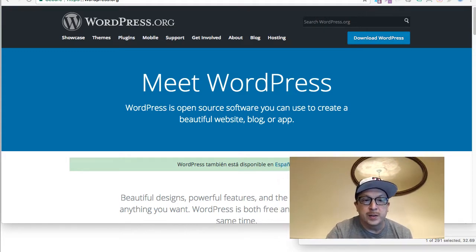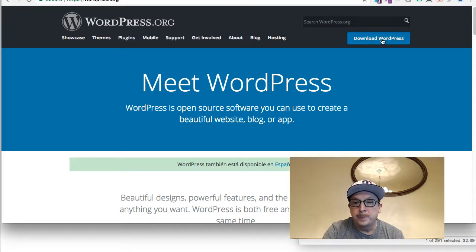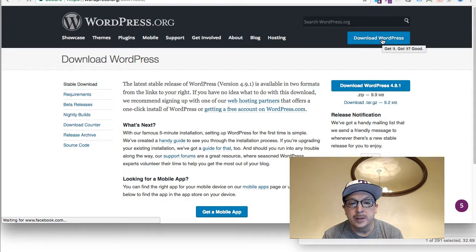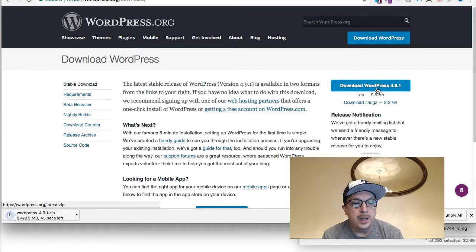So here's WordPress. This is the site that you can download. It's like an application that you have to put on a server. So you take the download from here and get it on your hard drive. This is the actual button right here, and then we move it to a hosting server. So if you don't have a hosting server, you're gonna need one. But if you want to test this at home